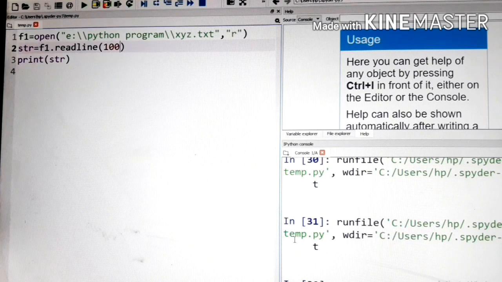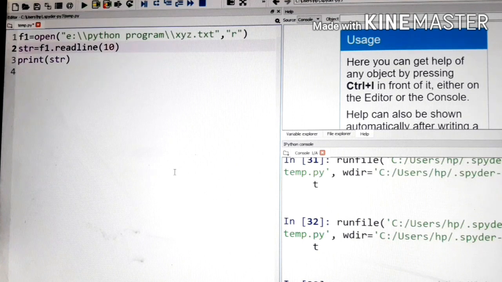Whatever value you put here, 100, there are 100 blank characters, right? If I allocate 1000 here, again the same, because the first line contains lots of blank characters. But the blank characters before t are 6, and the t is at position 7. But you are using the readline function, so the readline function only reads the first line, and the first line contains only the character t. So if you put lots of numeric values here, 1, 2, 3, 4, 5, 6, 7, 8, 9, 10, 20, 100, 200, 2000, the result is the same.